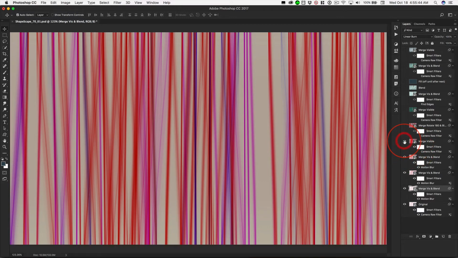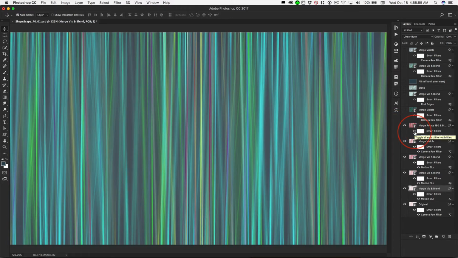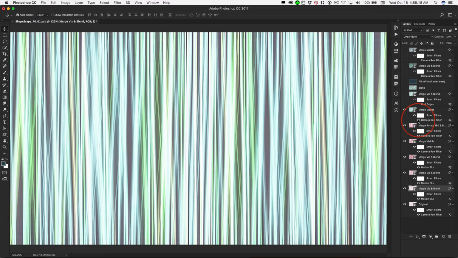I hate these colors, and this is just a pure merge visible and Camera Raw, kind of backing off that effect, saying, I'm not sure I like that. And this is not planned out. I wanted to fill some of those gaps, so merged this, rotated it with the free transform tool 180 degrees, and then of course changed the blend mode and ran it through Camera Raw. Now I've got some volume, but the colors once again are hideous. So merging visible and just Camera Raw, no blend,